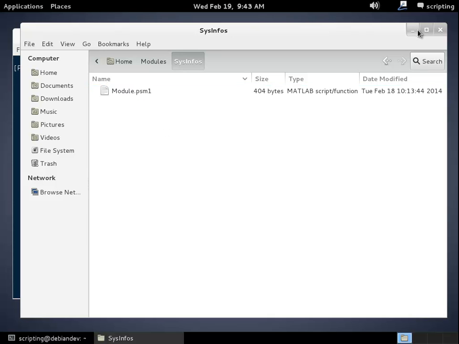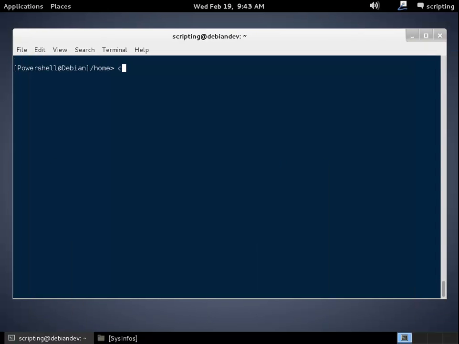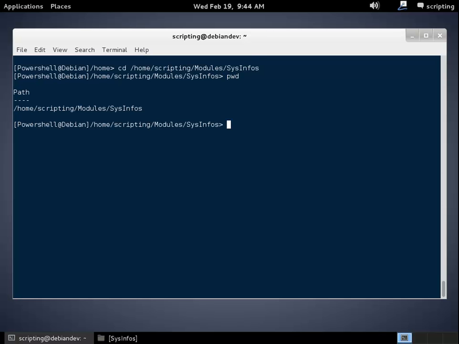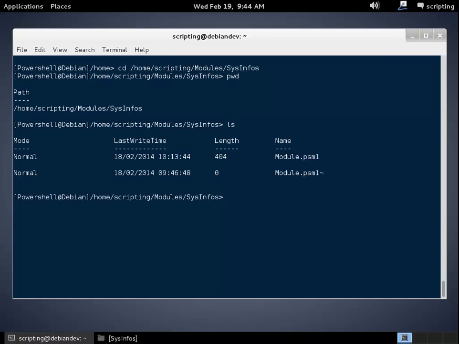So if I want to cd home with the module location, home scripting and module, pwd. Okay, so now let's do an ls, and as you can see, I have a psm1 module,